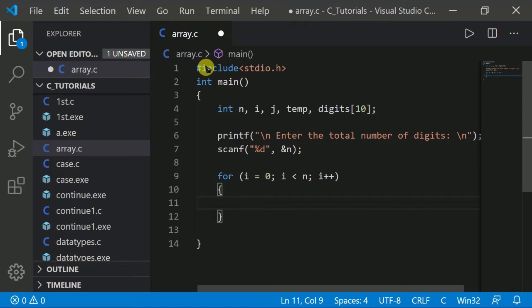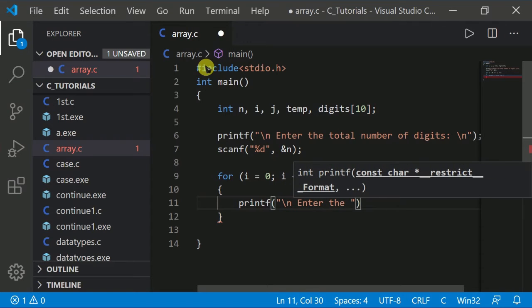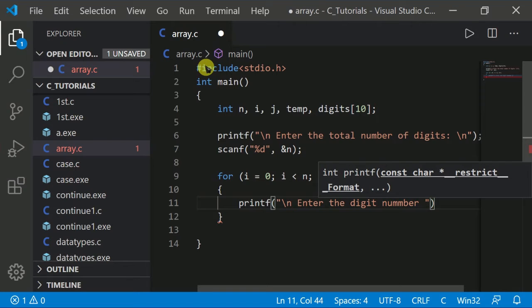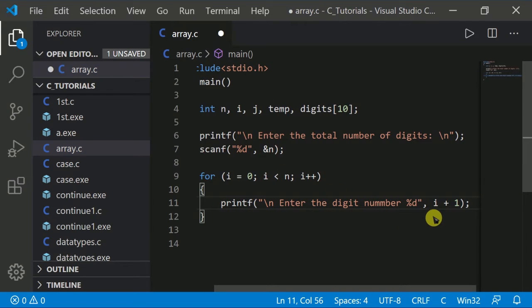After that printf, "Enter the digit number" with %d and i plus 1, for the next digit to be sorted in ascending order.